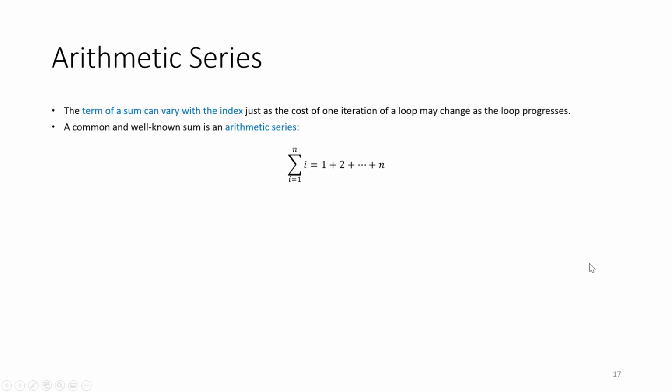And so I want to maybe expand a little bit on the series we looked at last day. All of the ones we looked at in the last video all had a term that we're summing over here that did not depend on the index i. And so I wanted to create our first and most common and well-known example of this, where we just are summing the numbers between two bounds, the lower bound 1 and n. So this is just a simple problem of adding all the numbers together between 1 and n,